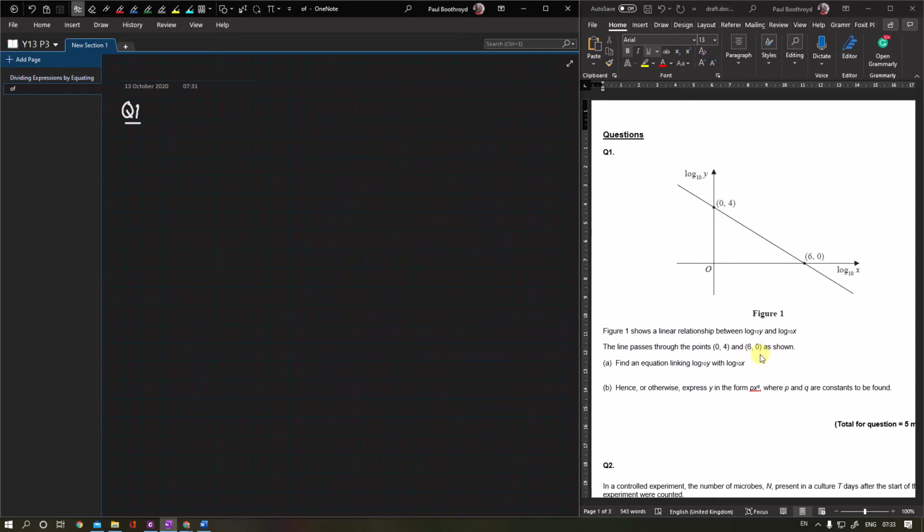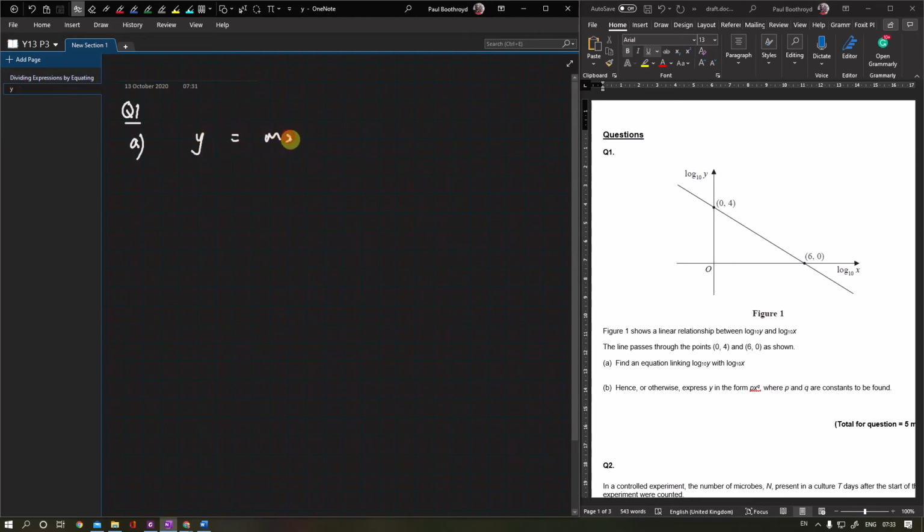So what we're asked to work out is find the equation linking log y and log x. Well, that's an equation of a line. Hence, or otherwise, find the equation in the form of p x to the q. So this is a polynomial type where p and q are constants to be found. So part A, we've got an equation for a line,